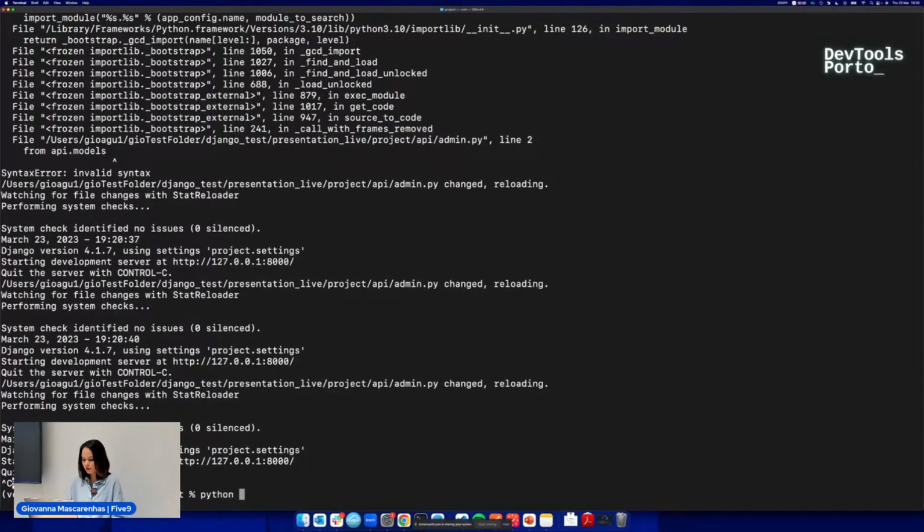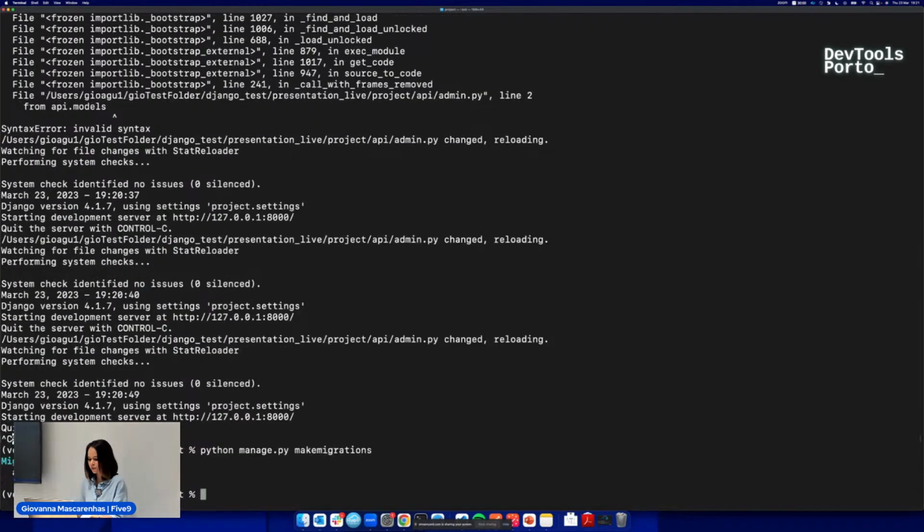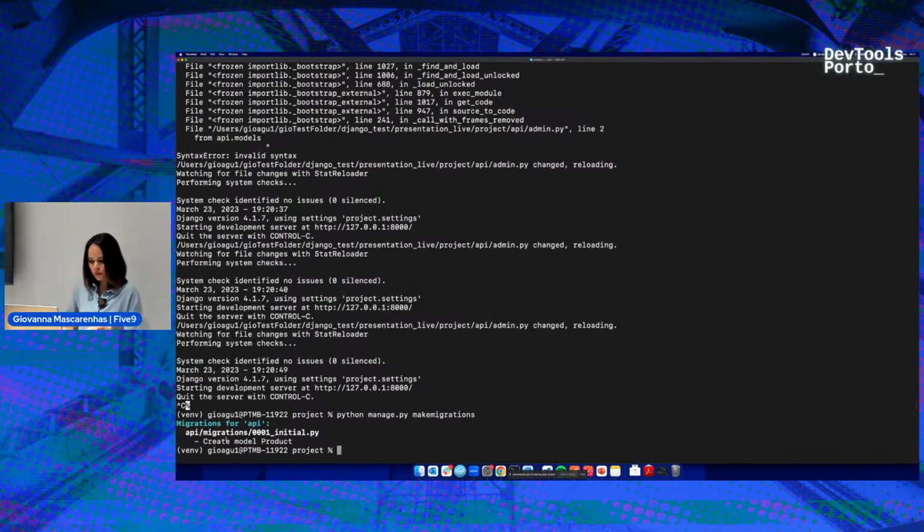So to do that, we're gonna run again make migration, created for us. And we have this 001 inside migrations. It's very useful when you have more than one developer or you want to check the status of your database, in what time you created the table A or table B, these kind of things. So now we need to synchronize the change that we did.